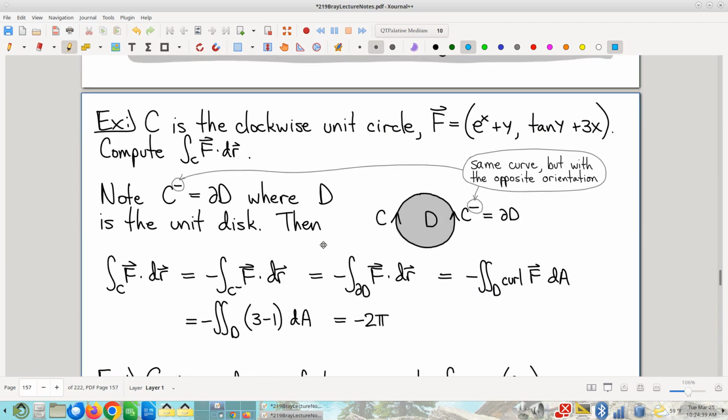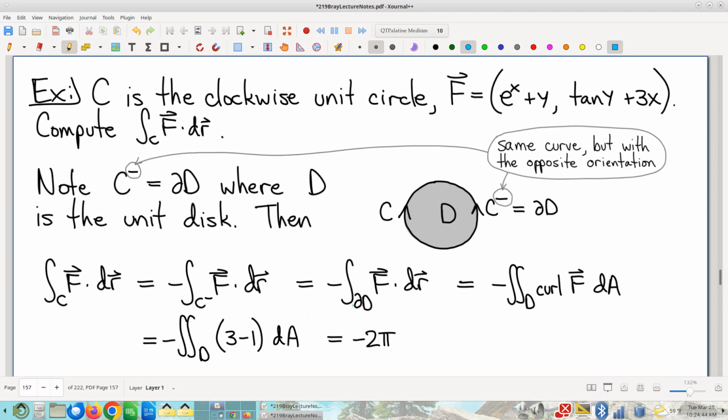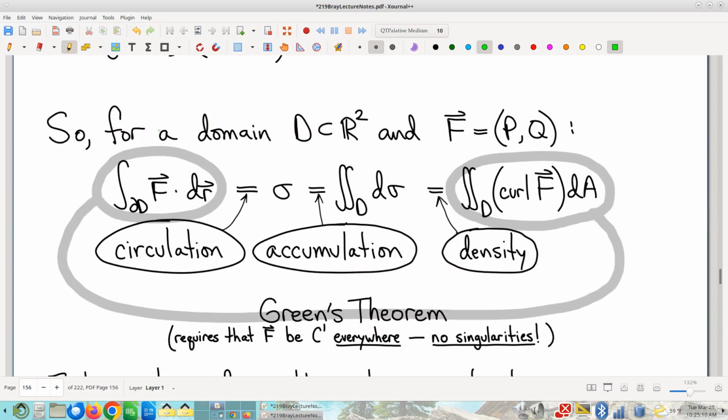Okay, examples. Let's do it. Here we go. First example. We've got here a clockwise oriented unit circle. And around that curve, we want to compute the line integral of this vector field, F. Vector line integral, oh wait, it's a closed curve, so this is a circulation. And we think to ourselves, okay, we want to compute a circulation. We've got a brand new theorem about circulations. Seems like we're in business. Seems like we should just be able to apply this theorem.